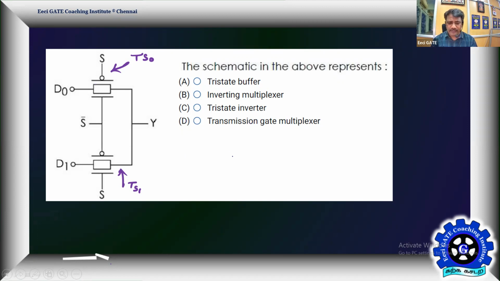It is very simple. What we have is a PMOS and an NMOS. This is your PMOS and this is your NMOS. Each is going to have a drain and source. I'm going to just connect them together. That's all. So this is one terminal and this is the other terminal. This is exactly what a transmission gate or transmission switch is.